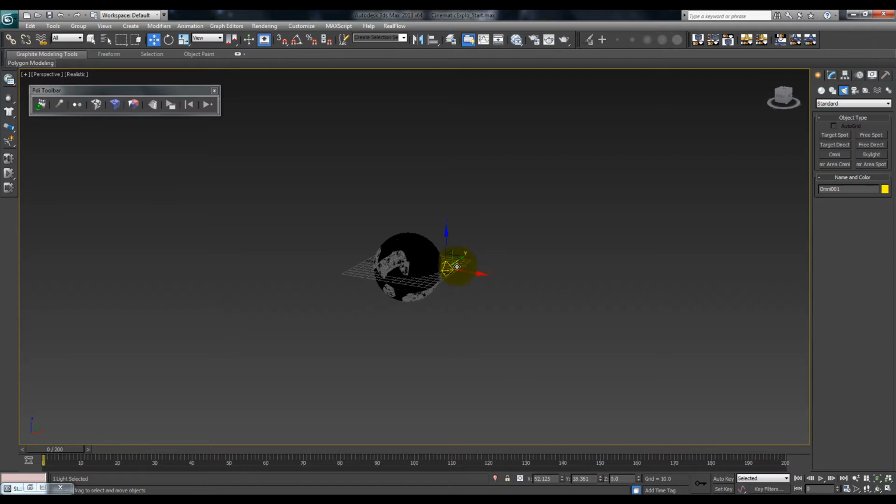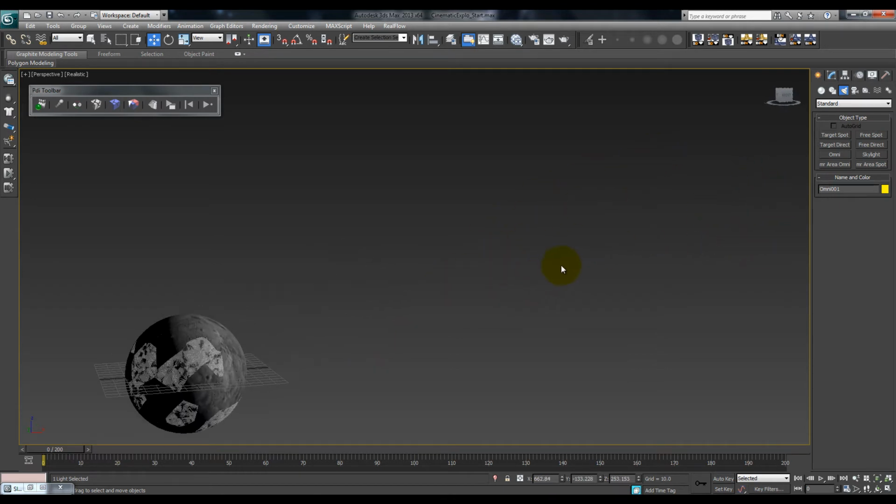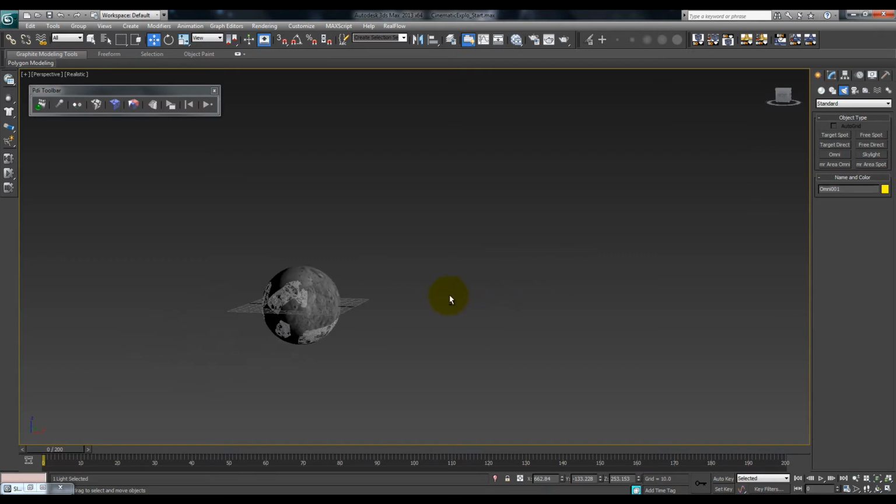Let's just move this light into space somewhere like so. Depending on how you want your shot to look, you can place the lights accordingly, and you can also render the shot every now and then to see how the effect looks. So I'm going to call this Omni sunlight,